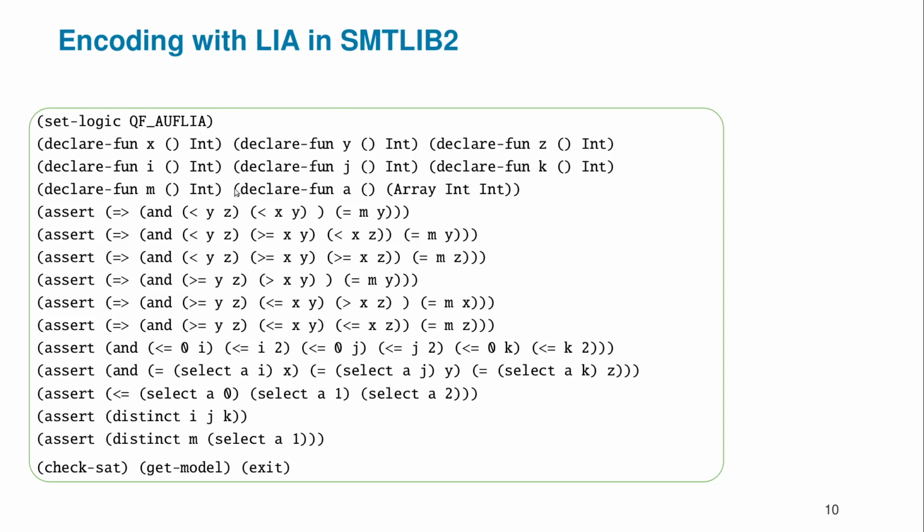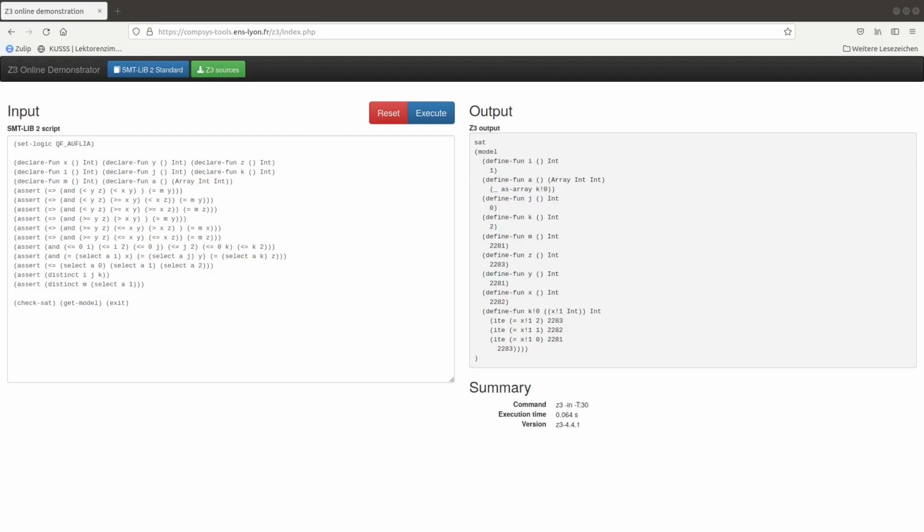Yeah, and for the other variables we have just integers as before, and then we have these assertions which directly come from the formula we have discussed before. And this now let's put this also into C3. I copied the program into the web interface of C3 and already pushed the execution button, and here I get the model. So unfortunately the formula is satisfiable. This means we have a bug